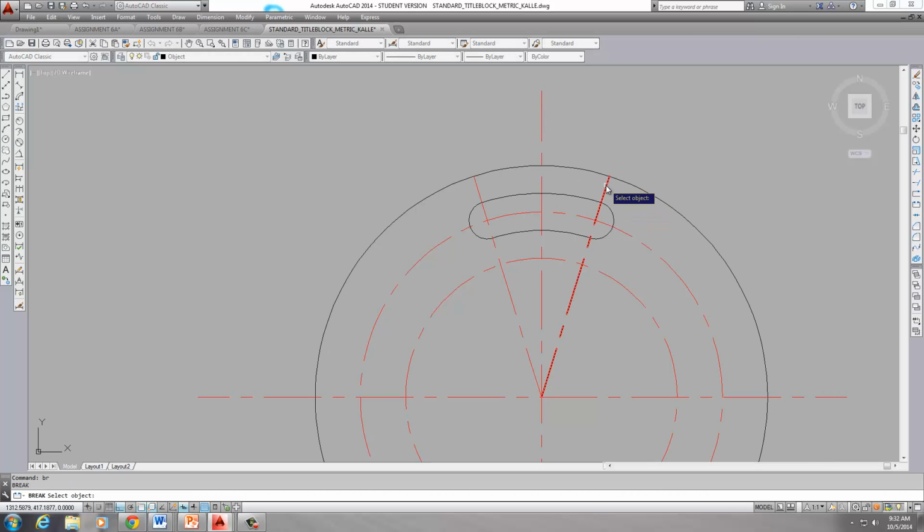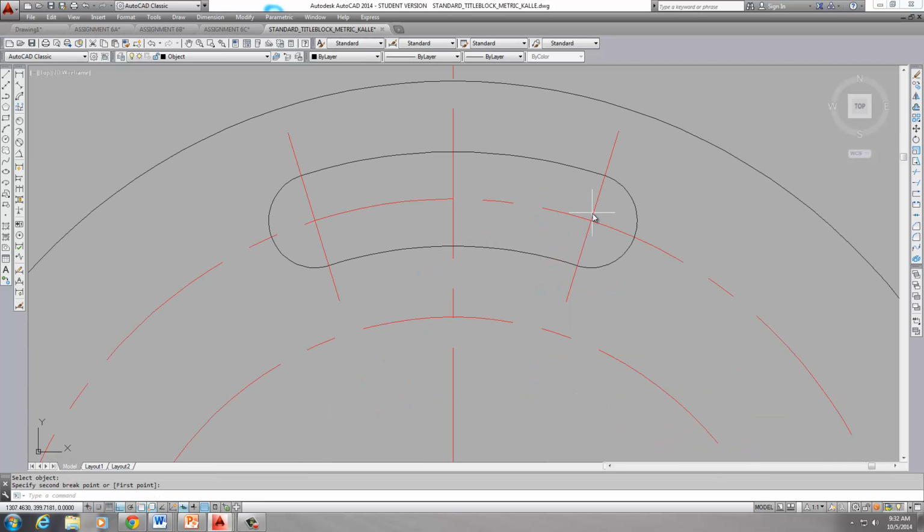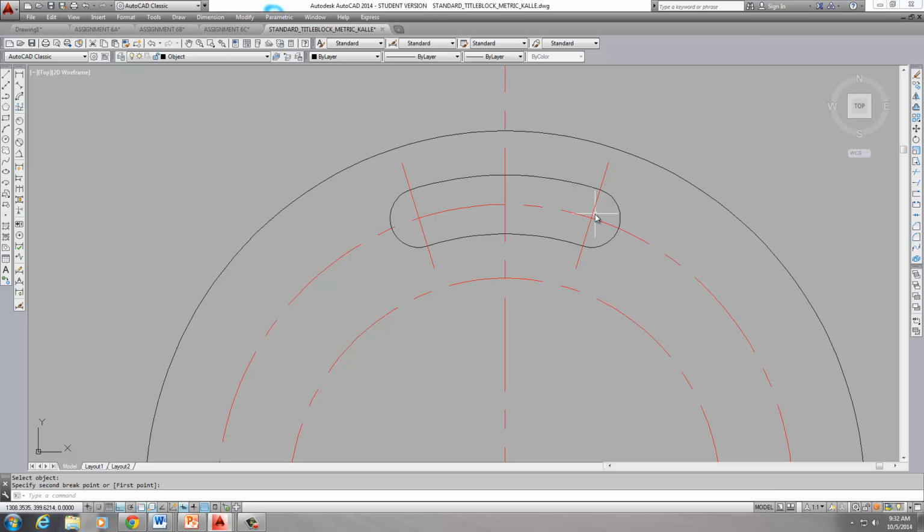Break, BR, from here, go out. From here, go out. Let's go from about right there, out. And right there, out. Notice I can't see a center line here. Why? Maybe because my line type scale is still a little big, so I can't see that separation of this